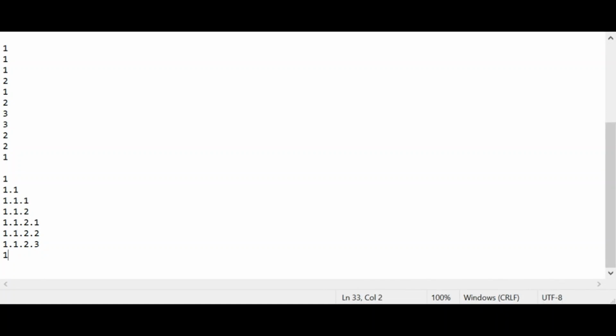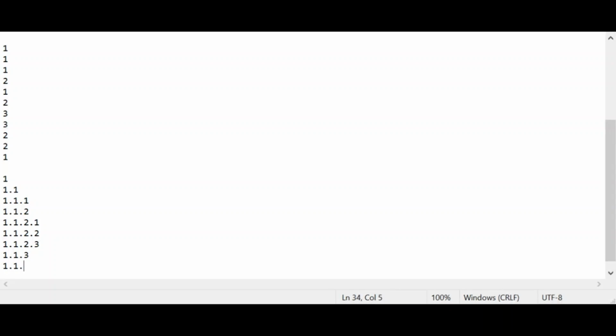So I will check in my stack last where last 2 occurred. So I pop out 3, which is not equal to 2. So I pop out another element, which was 2. So I will increment that element by 1 and add back to stack. It becomes 1.1.3. Now our next element is 2.